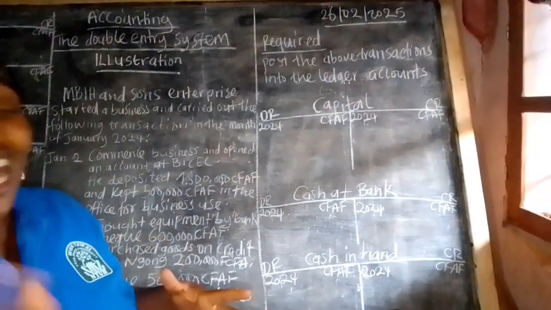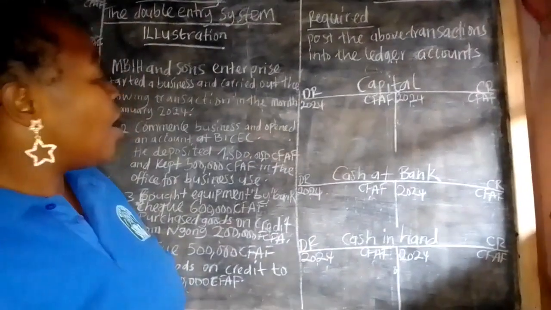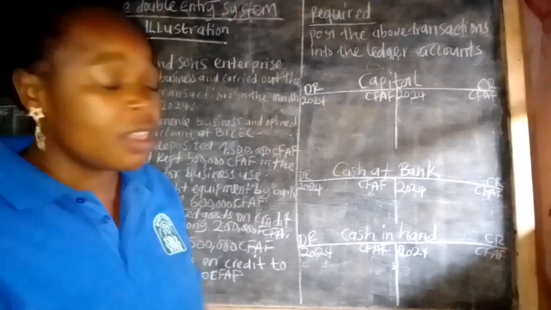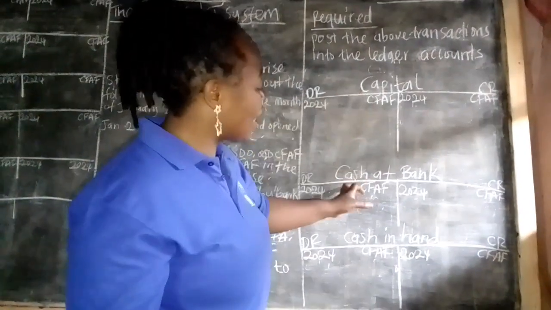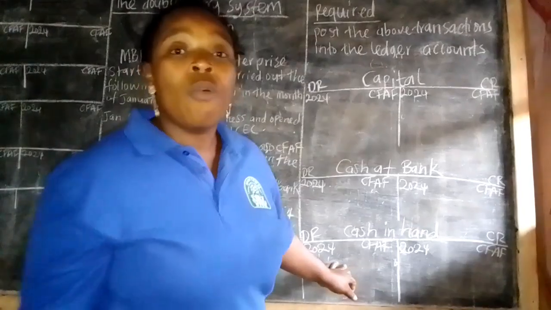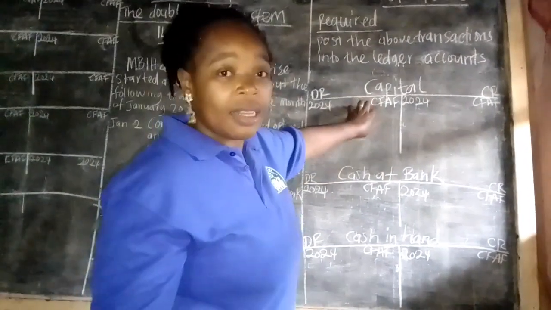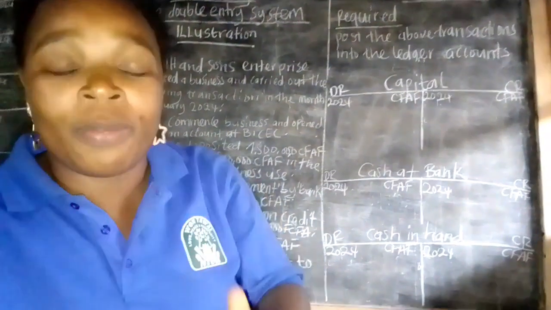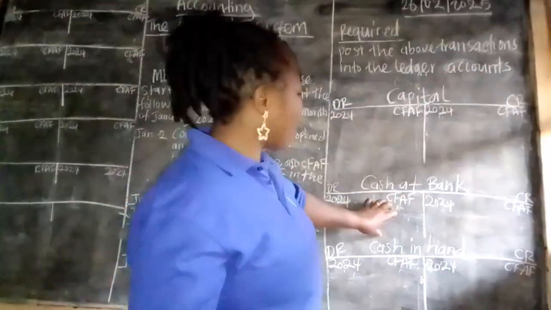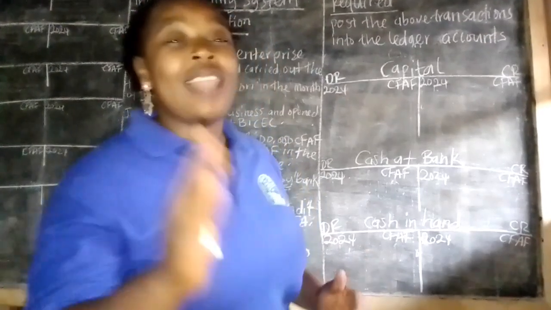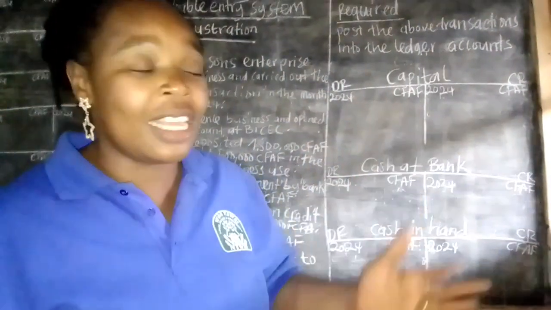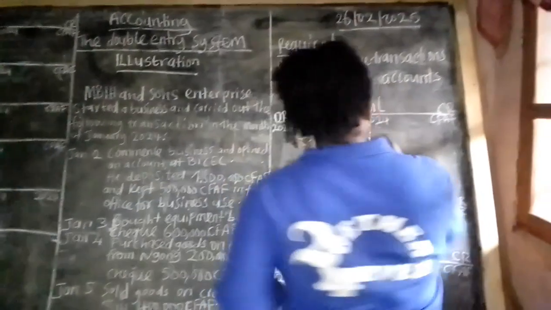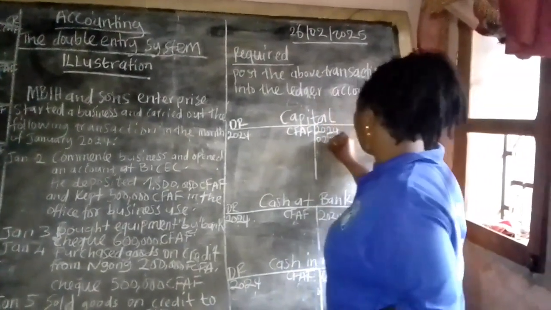We need to analyze the accounts. We know that capital account here is giving. Capital account is giving to cash in hand and cash at bank, which means without capital, if the businessman has not saved up the capital, there will be no cash in hand and cash at bank. So we debit the receiver and credit the giver, which means here we are going to start by crediting the capital's account. That's on the 2nd of